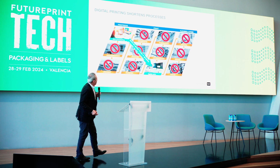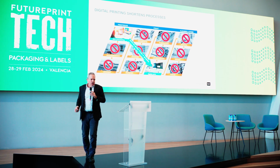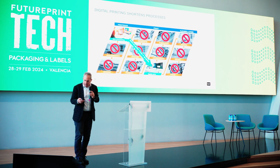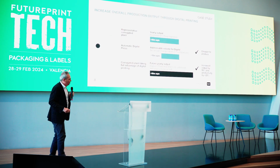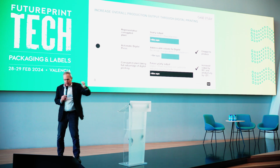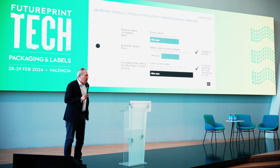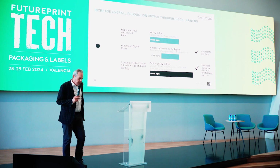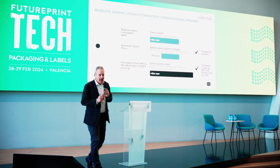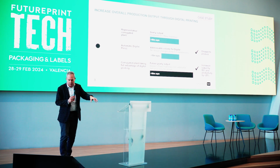And of course, with digital print, you go direct from data processing into the digital press, which implies that you need to get to know data, get to know color as you move into digital. But this particular plant, yearly output 40 million square meters, it was actually for 25% of their jobs less expensive to produce digitally, right? So they could retire one of their flexo presses, they could put a digital press in,